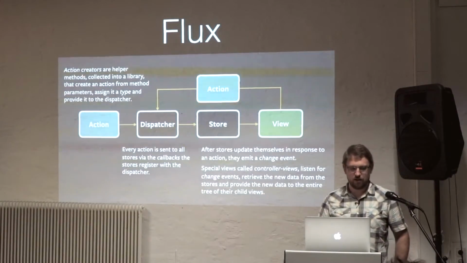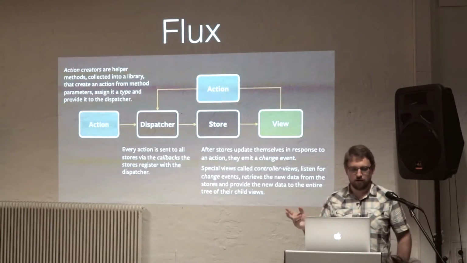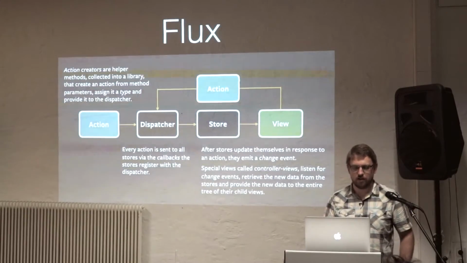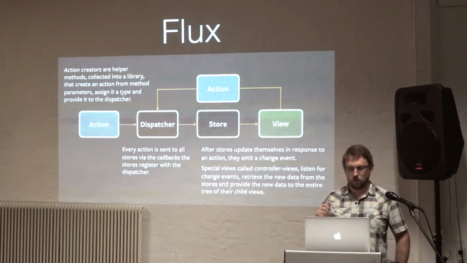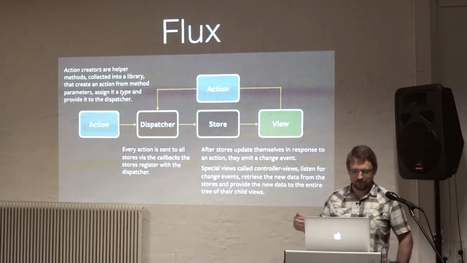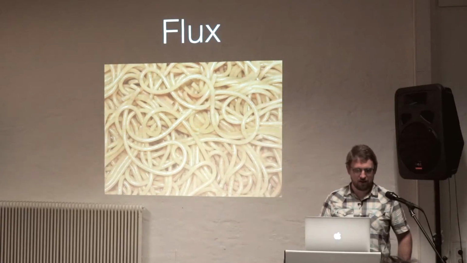Well, the basic thing is you've got unidirectional data flow. This was the big thing. So we don't have bindings that send data in two directions. We only send data in one direction. We have an action with a payload, which is given to a dispatcher, which then decides which store to call. There can be many stores. This was the original implementation of Flux, and yeah, how did that get there?